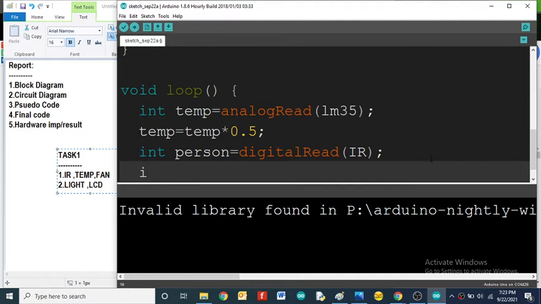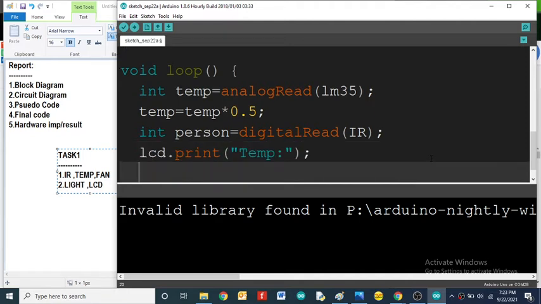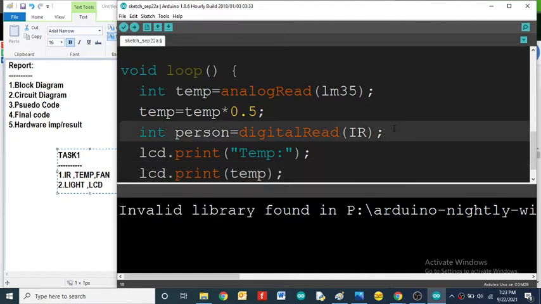First we go for displaying the normal temperature. LCD dot print temp, and again LCD dot print temp. Now I will get the temperature value.